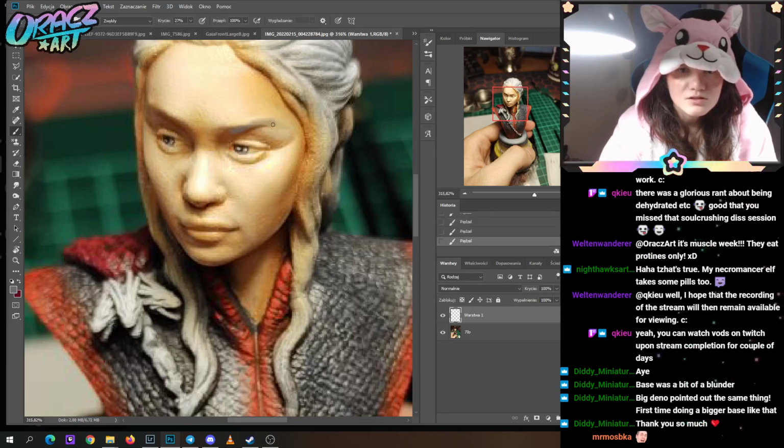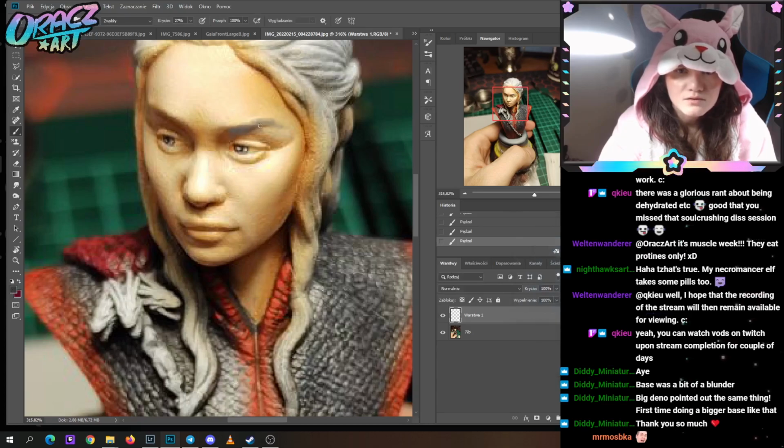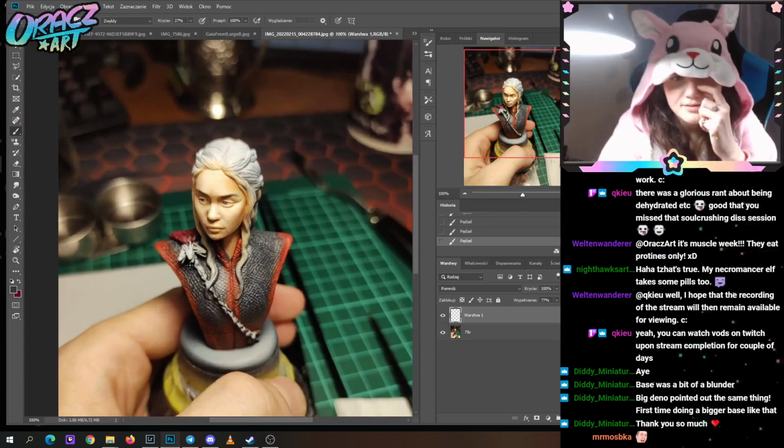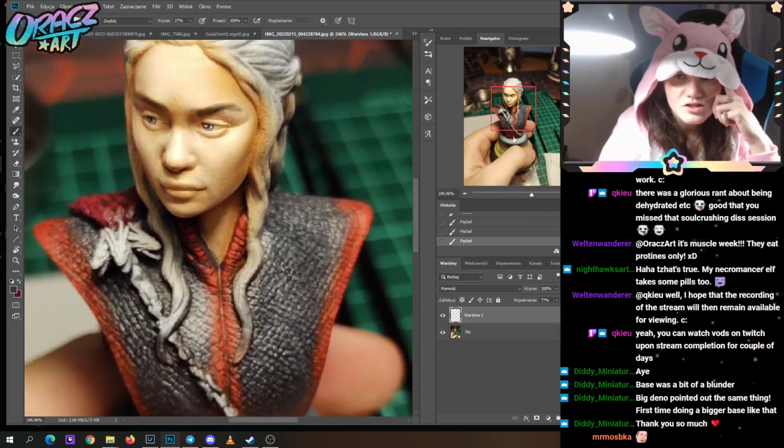Oops, too much. I would add the brows to see if it's working, and if the contrasts are nice on the miniature. Not that, multiply. Okay, so adding the brows, and we can see right away that now her framing of her eyes is too light. She has no eyelashes,